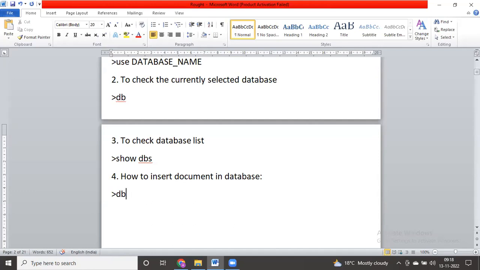Okay, now let's say for example जो डेटाबेस आप लोगों ने क्रिएट किया है उसका नाम, डेटाबेस नेम। क्या करना है, तो मुझे इंसर्ट करना है।